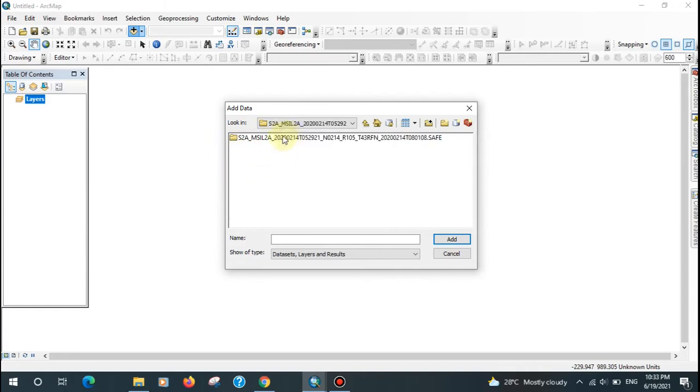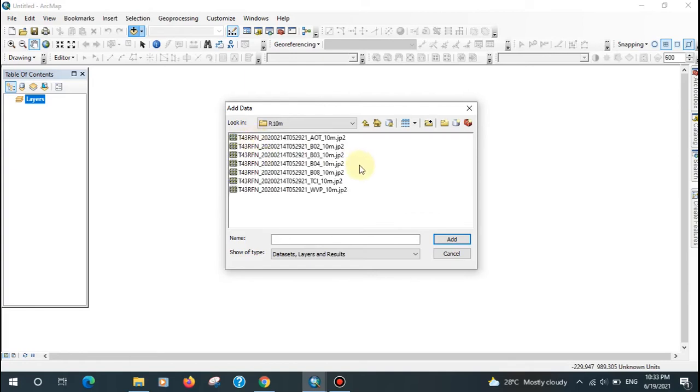Okay, so after downloading and extracting the data, go to the granule, then go to the image data, then go to R10m, that means spatial resolution 10 meter, then add the bands: blue, green, red and infrared.